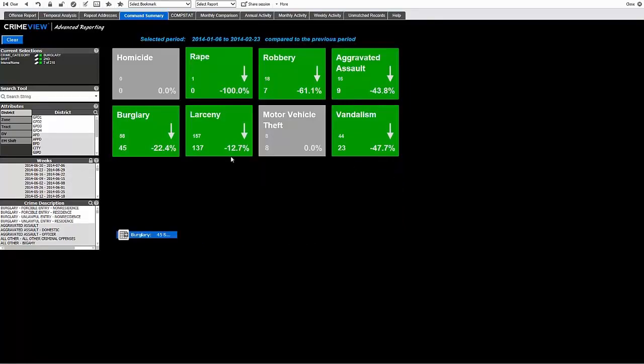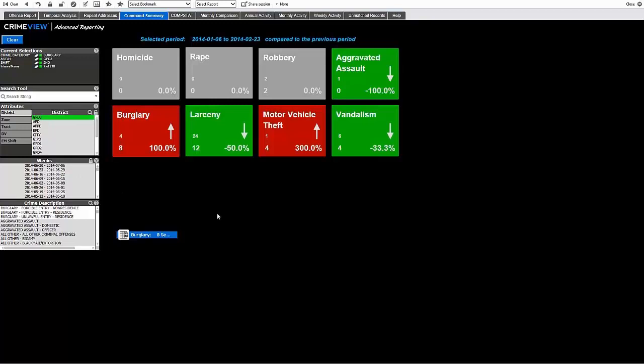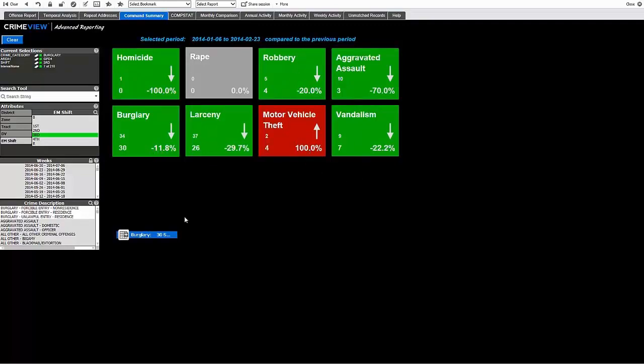So, gone are the days of just seeing the big color selection on the charts without knowing exactly what else is going on, or having to wait to get a report back on which case numbers were involved or what particular locations. Whether your numbers are big or small, whether they're changing or relatively flat, as you interact with different command areas, different shifts. In fact, I just want to see third watch and see that while fortunately the numbers are fairly low across most categories, they are starting to creep back up in motor vehicle theft, and they're consistently